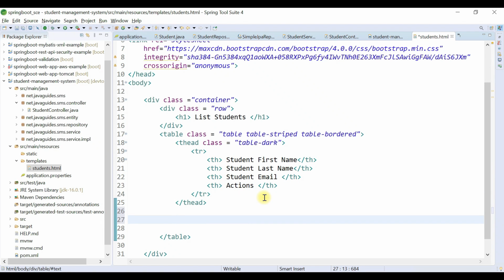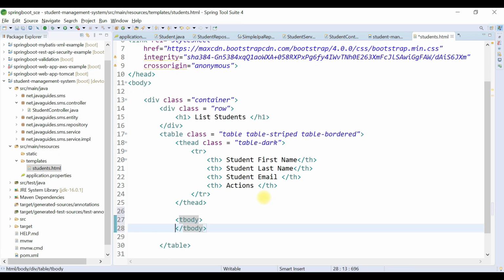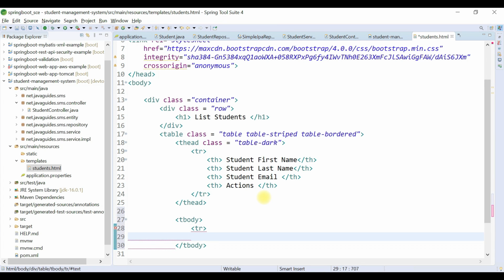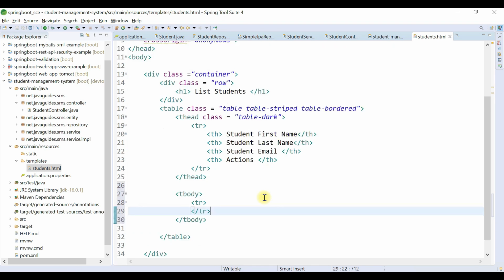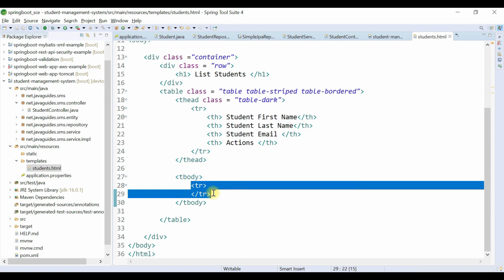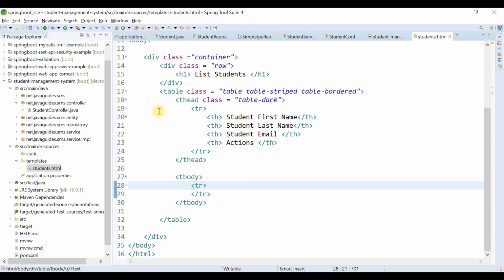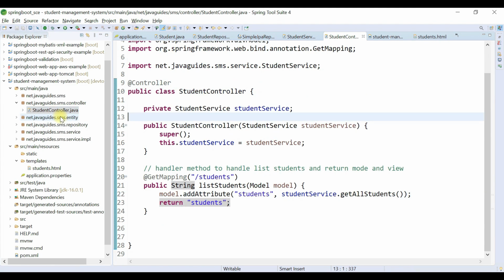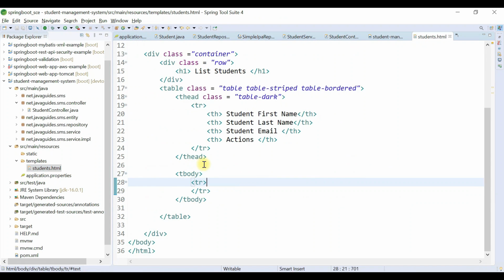After that we're going to define the table body and then a table row here. Perfect. Now we need to display this table row dynamically, because if you see here in the student controller, we have added a list of students to the model, and we are going to display this list of students in the students view file, right?